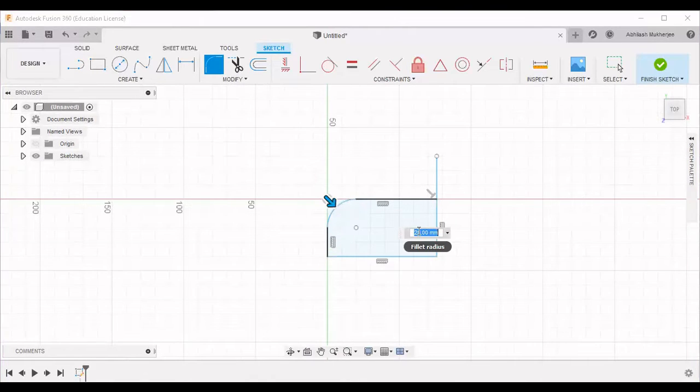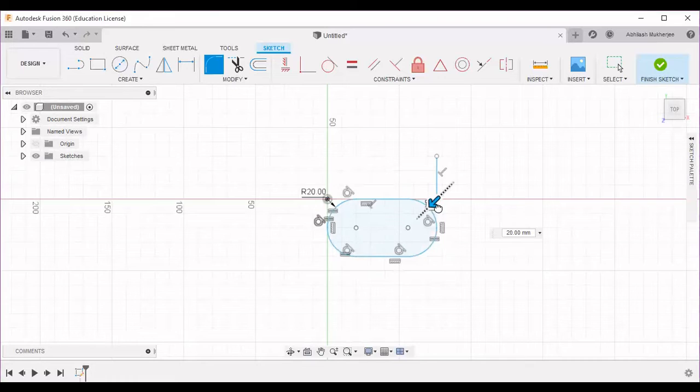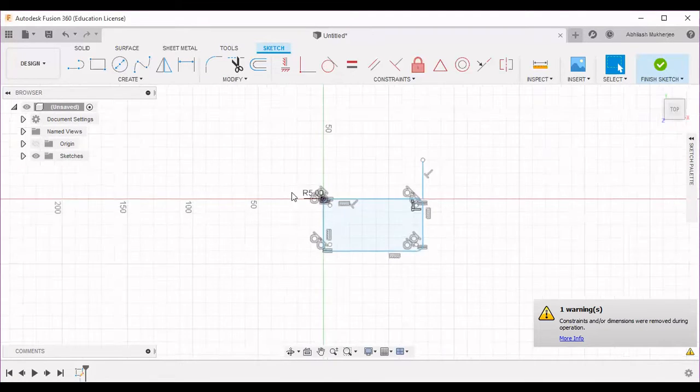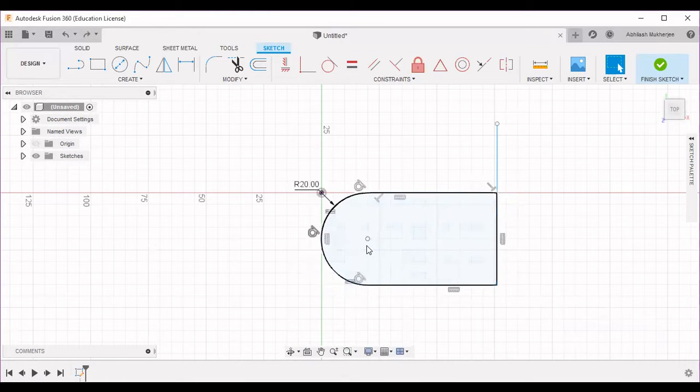This can fillet the edges of a rectangle. You can give the value of the radius, fillet radius, here. You can select multiple edges as well if you want, just by clicking on these and selecting the values on your own. Let's say we want a fillet of 5 mm for both sides. See, on every side there is a fillet of 5 mm. Okay, so this was the application of fillet.